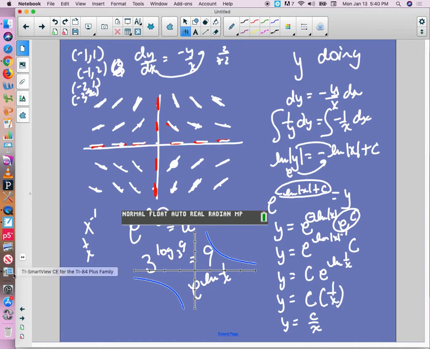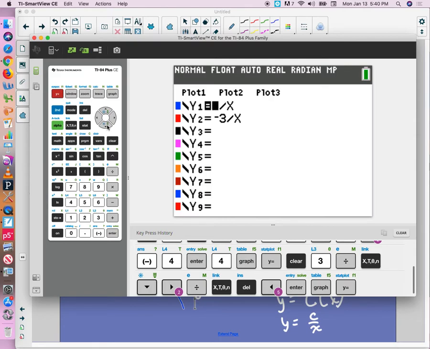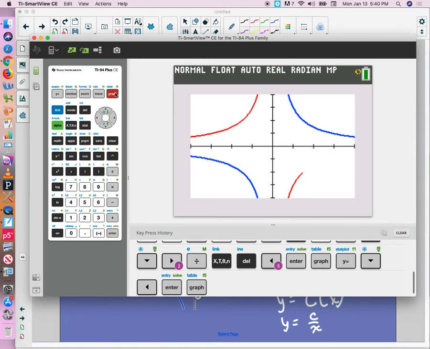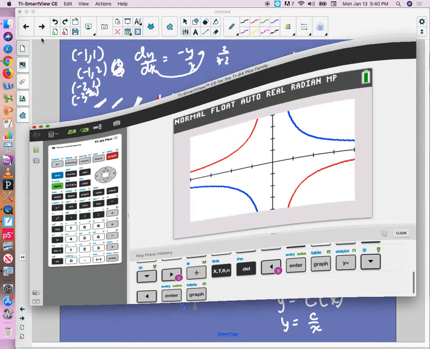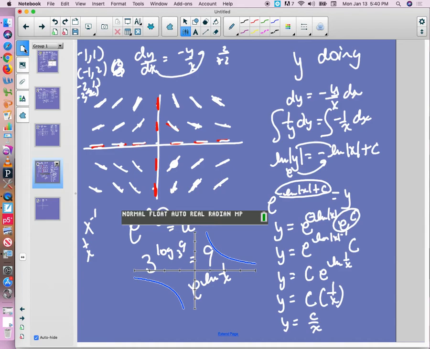And then our other option would be if one of the coefficients ended up being negative, you would get this red graph instead, which you can imagine what that would do. So that's how our slope field makes sense. It would be the red or the blue, depending on what we call our initial condition. All right, so